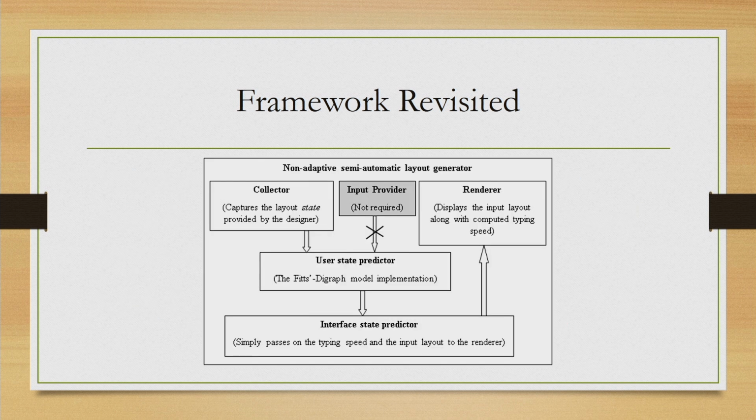So, here we have shown it with a cross in the connection. So, the input provider module is not required, we are leaving it out, and the remaining modules stay in the framework, which explains the implementation of a semi-automated design approach for non-adaptive virtual keyboard layout design.